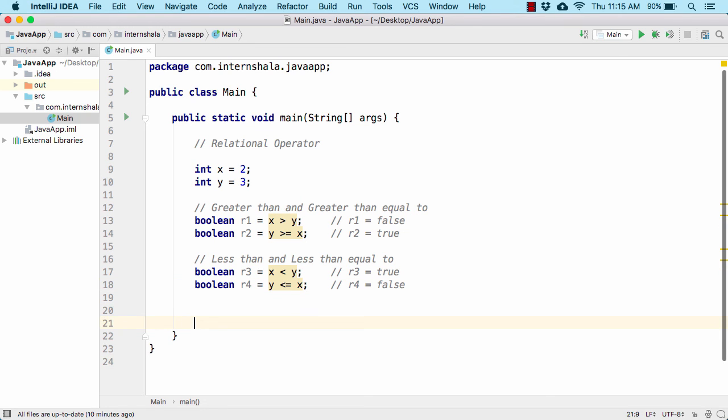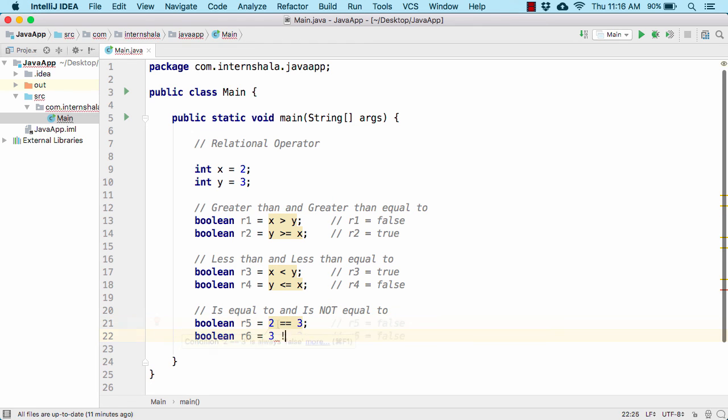Now at last we have the equality and also the inequality operators, which are known as is equal to and is not equal to. Here we have a similar example, R5 equal to 2 double equal to 3. This double equal to is known as the is equal to operator.